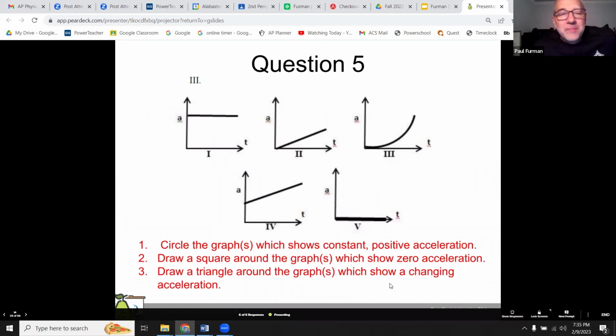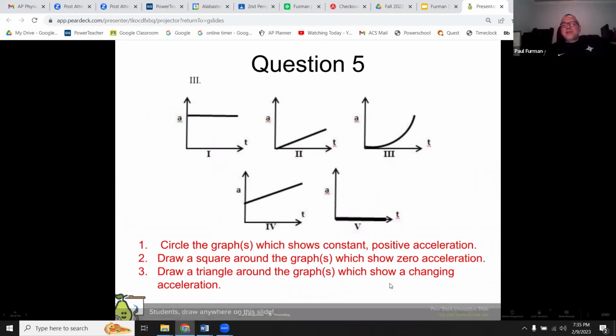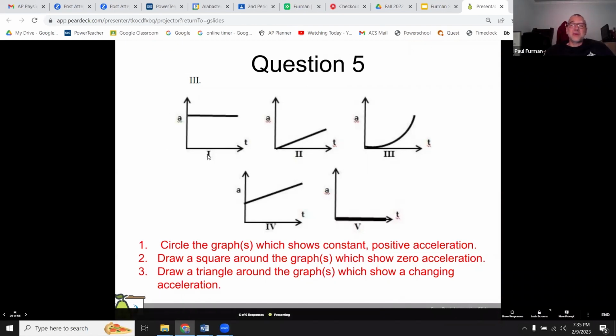Let's discuss these. Constant positive acceleration. These are all acceleration versus time graphs. So a constant acceleration is just going to be graph 1. That horizontal line, the acceleration is not changing. Zero acceleration, well, that's graph 5 down there at the bottom right. The acceleration is 0 and never changes. And a changing acceleration, the triangle, are going to be graphs 2, 3, and 4. For the most part,